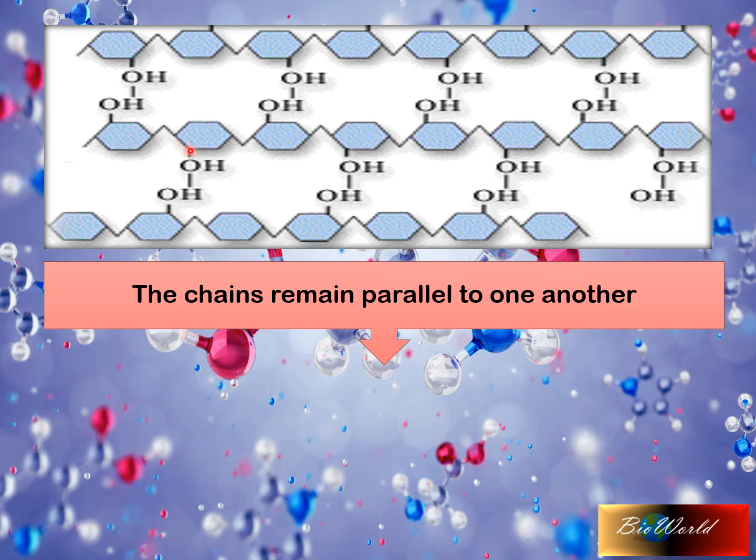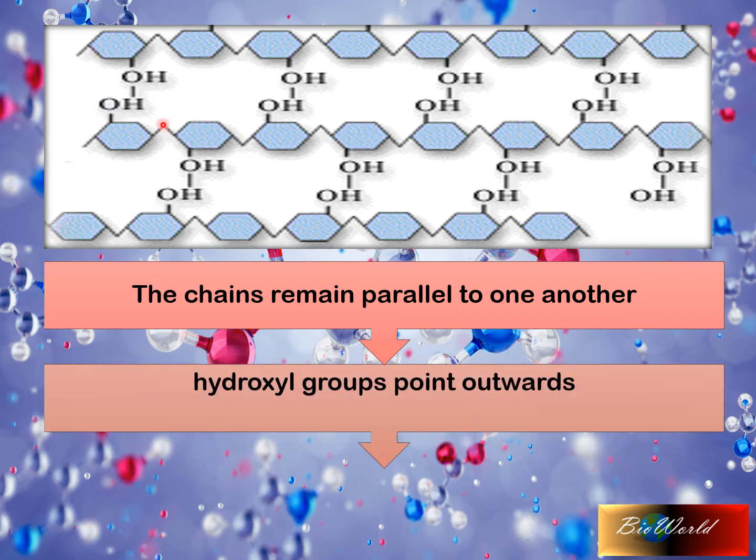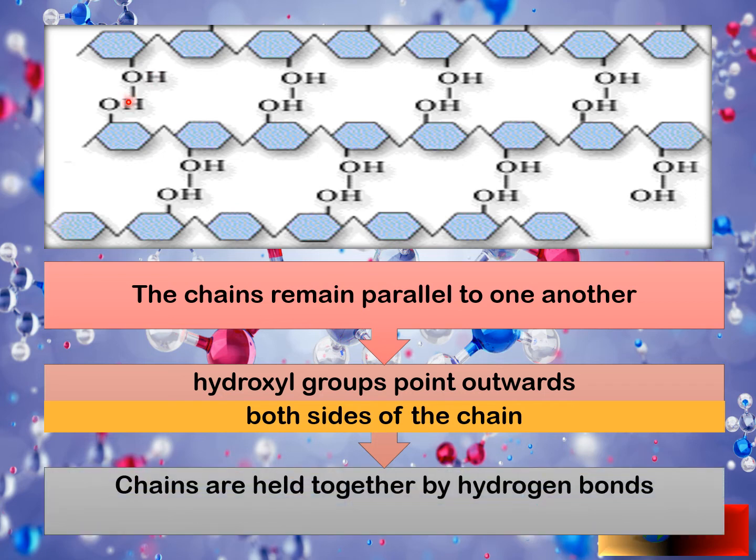Also notice that due to the rotation, the hydroxyl groups at carbon 6 are either pointing upwards or downwards on the same chain. Now, since they are parallel to the next chain, the hydroxyl groups from one chain will form a hydrogen bond with the hydroxyl group of the other chain. So in this way, cellulose chains become very strong and form a larger structure known as the microfibril.